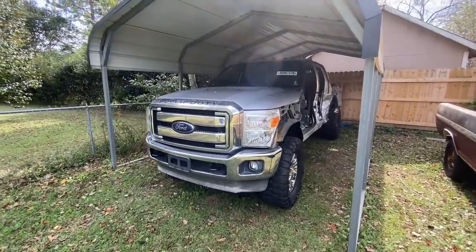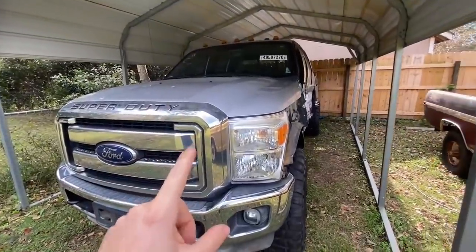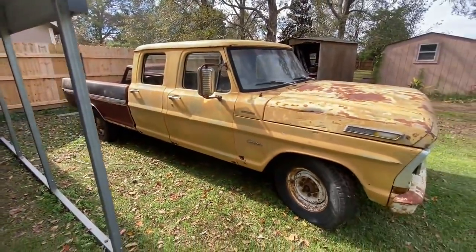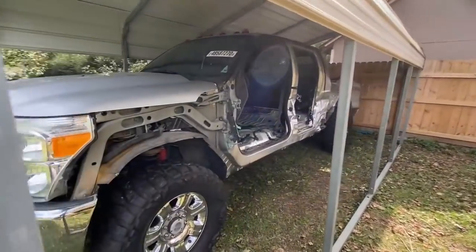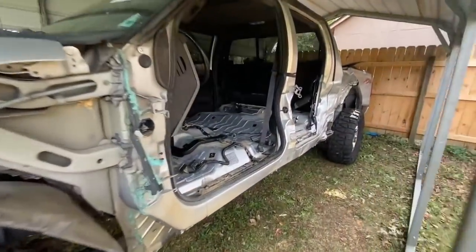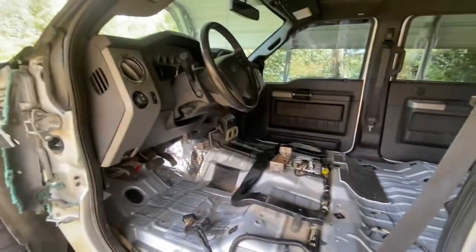About to strip a bunch of these parts that I don't need off to sell, because in order to get this thing to fit inside of the body of that, I'm gonna have a lot of stuff left over. So I've already got some of it listed on Facebook Marketplace, and you can see I've got the interior yanked out here. Now I'm gonna try to pull this thing out, sit in it and drive it,